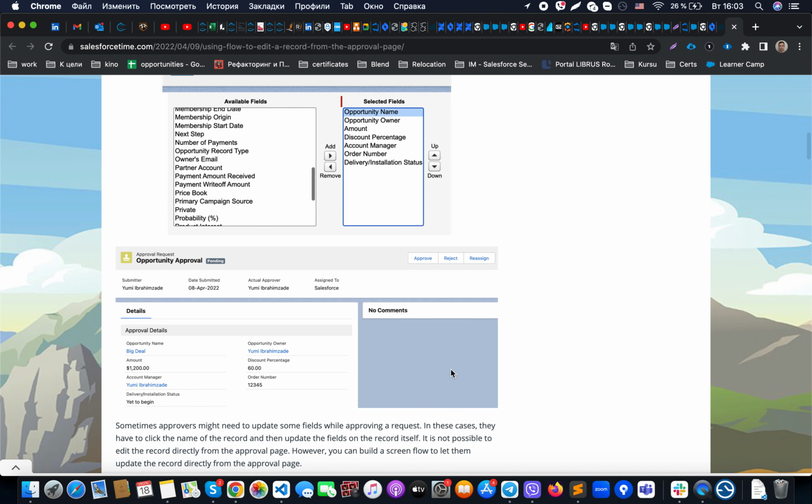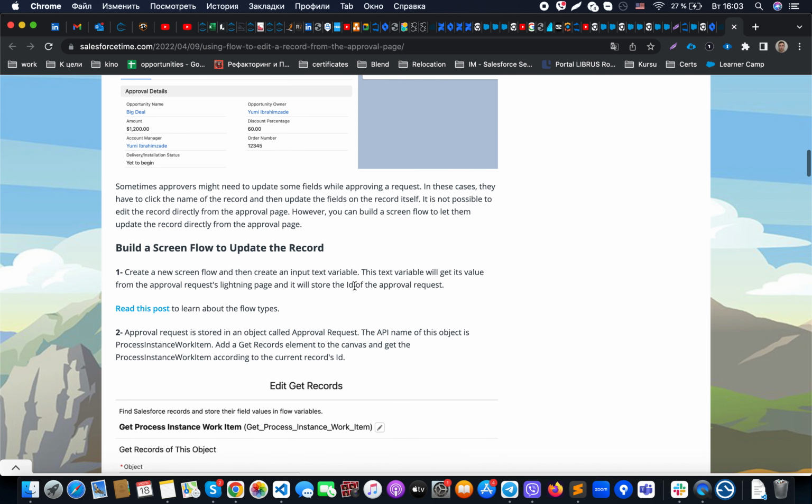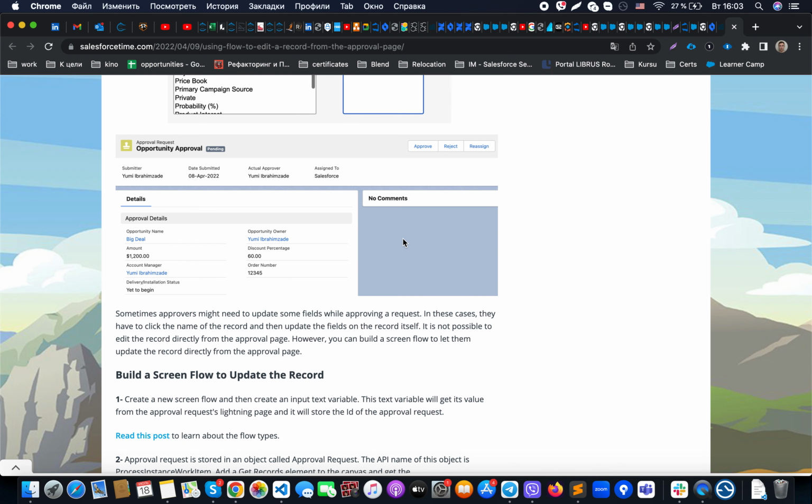And at this moment, there is one situation which might be a little bit confusing. For example, you decided to use some different fields, and the actual approver, before approving or rejecting, could change a value in some field, like for example delivery status, right? He would like to change it just prior to approving that record. Maybe it's a small adjustment that needs to be done for that record to be approved. So in this layout, the record details that you just selected in the previous steps will be read-only, and